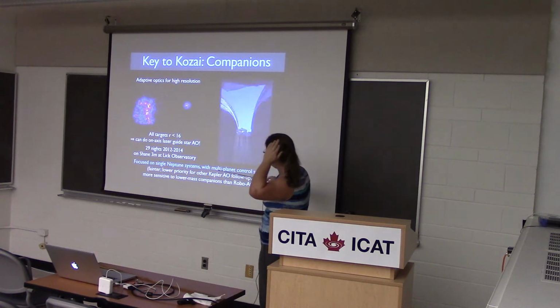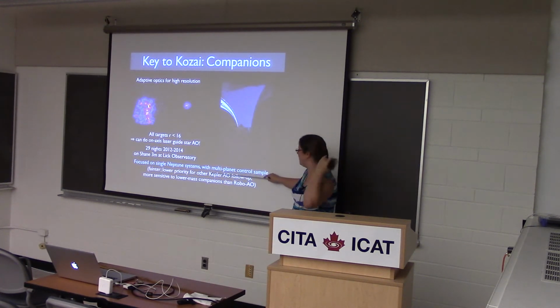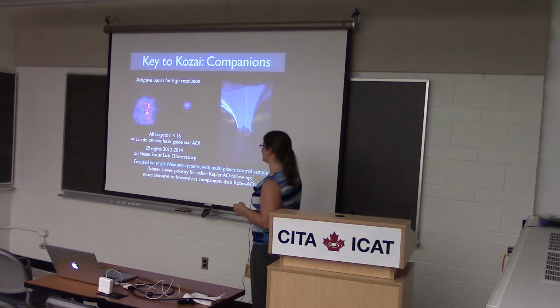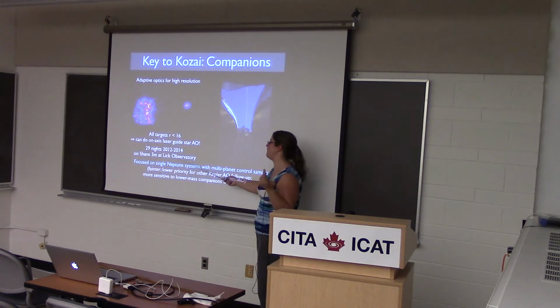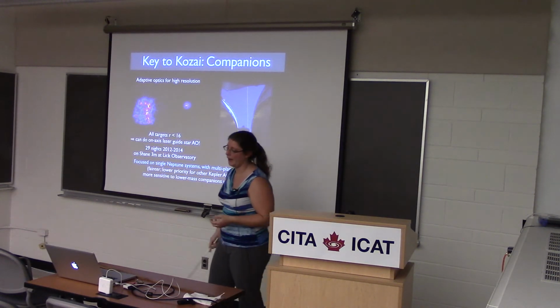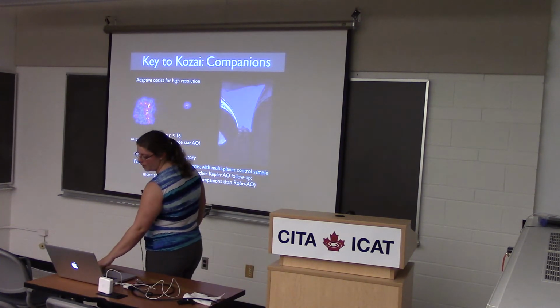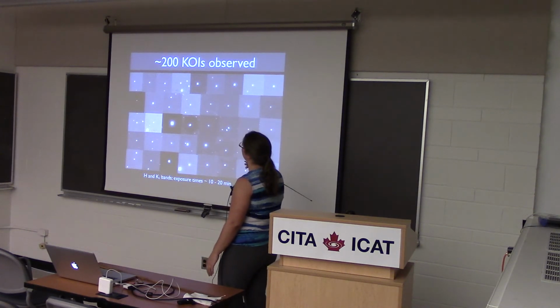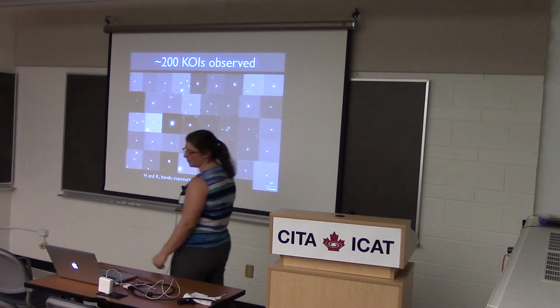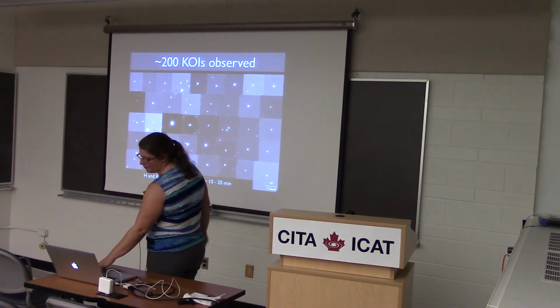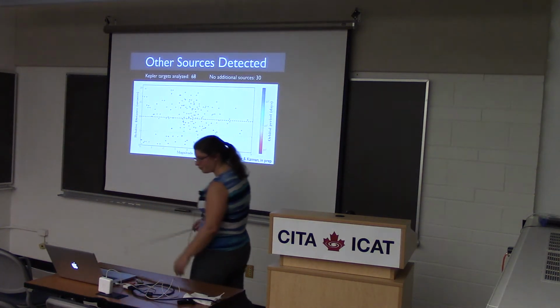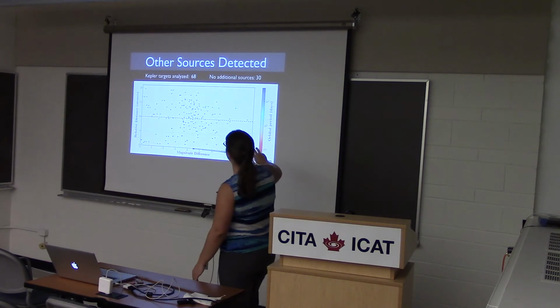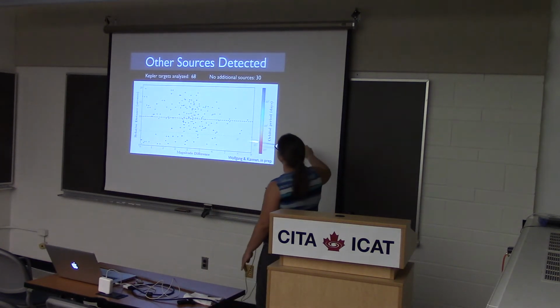It turns out that the science here is very complementary with just the regular follow-up effort that has been done getting AO images of the Kepler targets, because these systems tend to be fainter, and they're also lower priority for the other follow-up missions. Okay, so given that, I've observed just about 200 Kepler objects of interest, so these planet candidate hosts. And this is preliminary results for a third of the sample. And